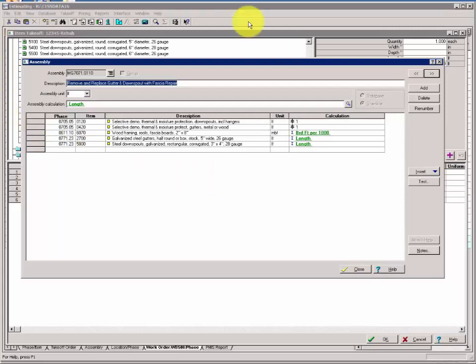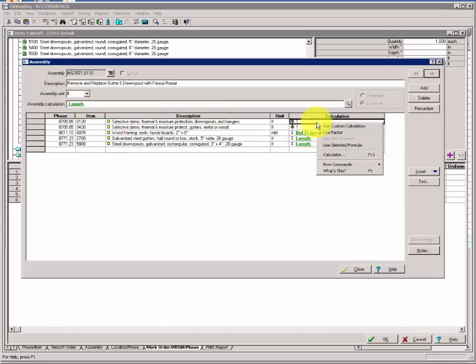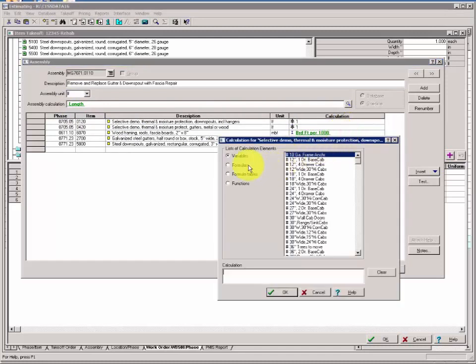Activity 10. Modify assembly item calculations. Now that you have your assembly calculation in, we'll go ahead and make changes to our item calculations. For demoing the downspout, we can't use length. That's our gutter calculation. So we'll right-click on Calculations and select Use Custom Calculation. And that leaves us as a default to our variable list, and we're looking for length of downspout or lineal